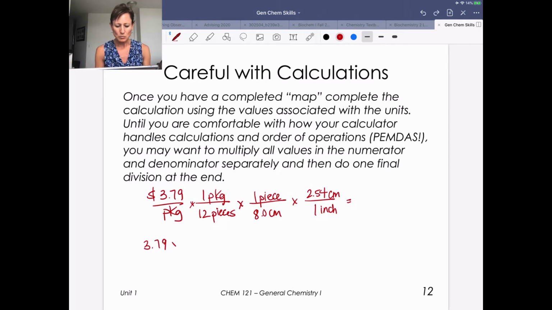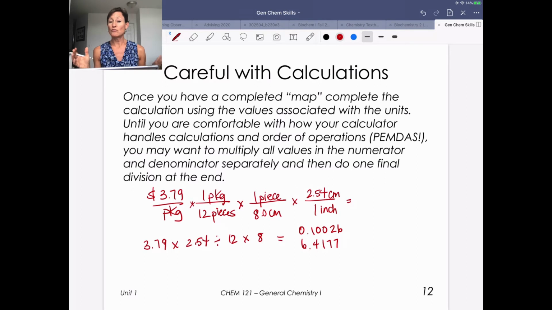Let me not put parentheses. 3.79 times 2.54 divided by 12 times 8. Go ahead and put that in your calculator and see what you see. My guess is, depending on how your calculator works, you'll get one of 2 answers. You might get 0.100, I think it's 26, or you might get 6.4177. Now, clearly, those are 2 very different answers, and it's important that we know which one we want to